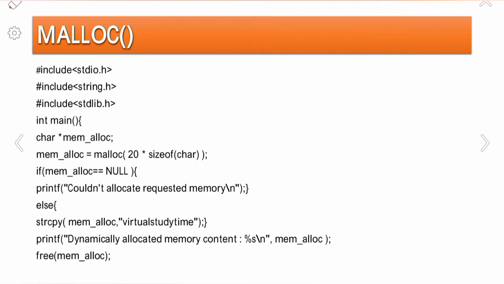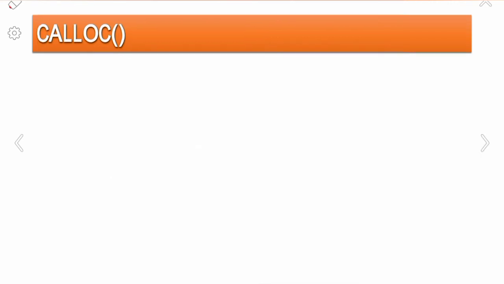Free the memory allocation. In dynamic memory management techniques, we have to free the memory. We have created the memory of 20 bytes, and after copying the text to the memory allocation, we are going to free the memory allocation. After using this program, we have to free the memory allocation. So this is about the malloc function. The next one is the